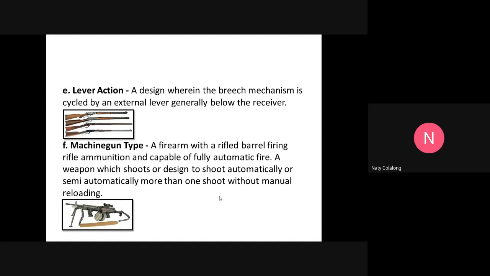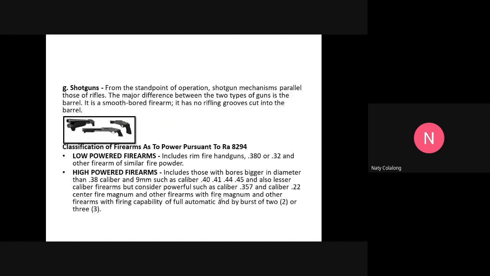This is a weapon which shoots or designed to shoot automatically or semi-automatically more than one shot without manual reloading. And then we have the shotguns. The shotguns,